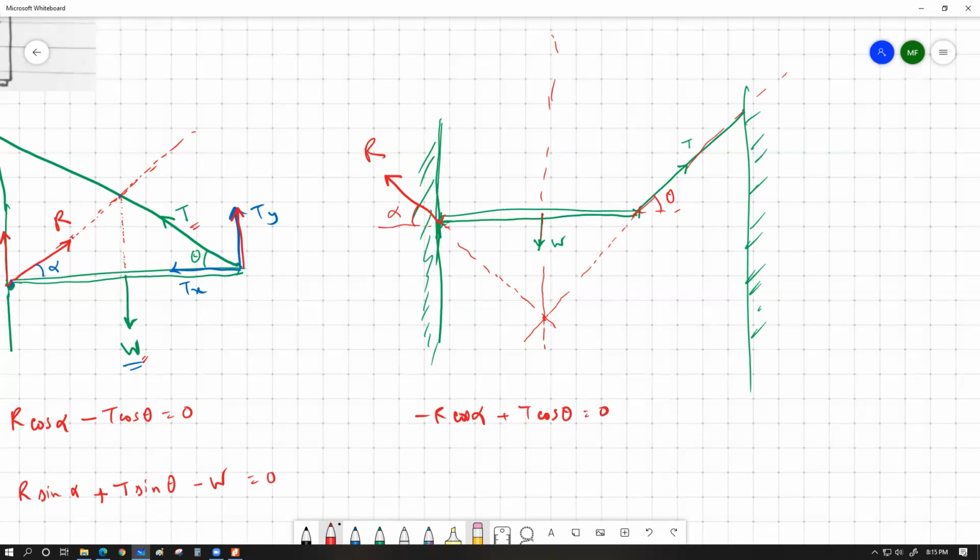Basically the same equation. And as for the components over here, I'm gonna write upward components equals to downward components. So I can write R sine alpha, which is the vertical component of R, plus vertical upward component of T, sine theta minus W equals to 0. You're basically gonna have the same set of equation. Just horizontal forces দুইটা reverse হয়ে গেছে। ওকে স্যার।